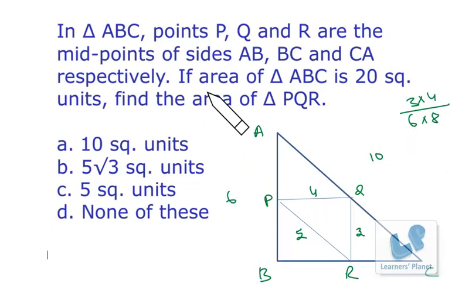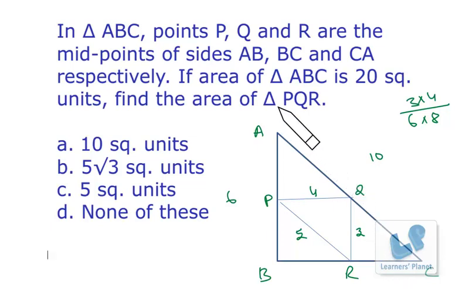So the same concept is applicable over here for any triangle, right? If you join the midpoints of all the three sides and you make a new triangle, then the area of this triangle will be nothing but 1/4 of the original triangle. Okay, so I tried to explain this concept using a right angle triangle to make it simple. So I hope this concept is clear.